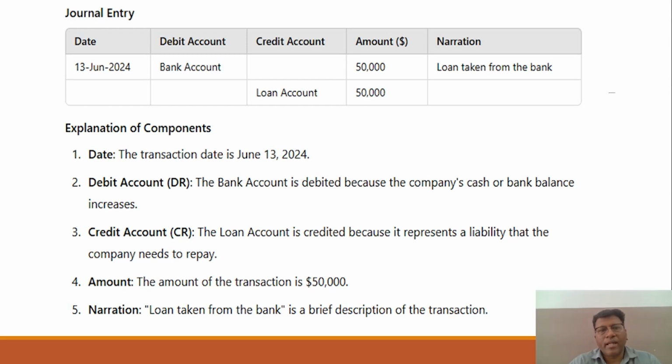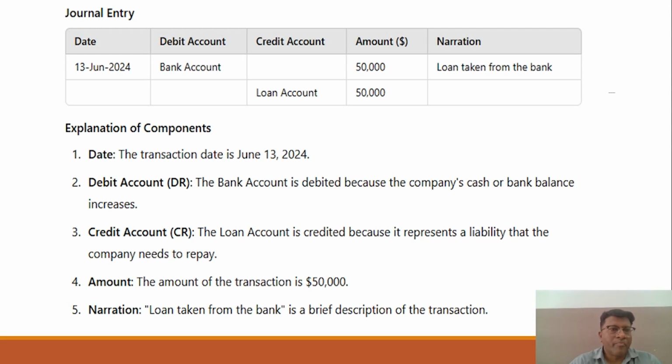So exactly what is the entry? Bank account debit to bank loan account or loan account, and you have to mention the amount 50,000. So basically these are the components of the journal or the journal entry when you are entering any transaction in